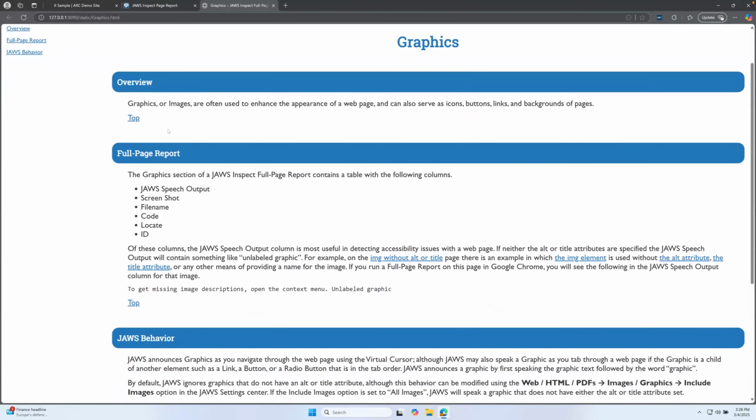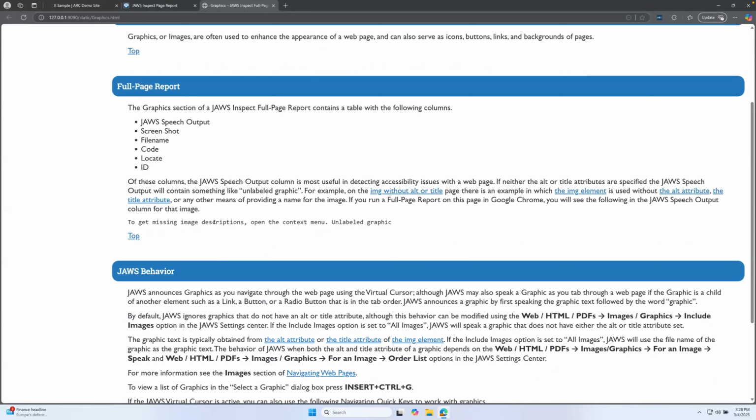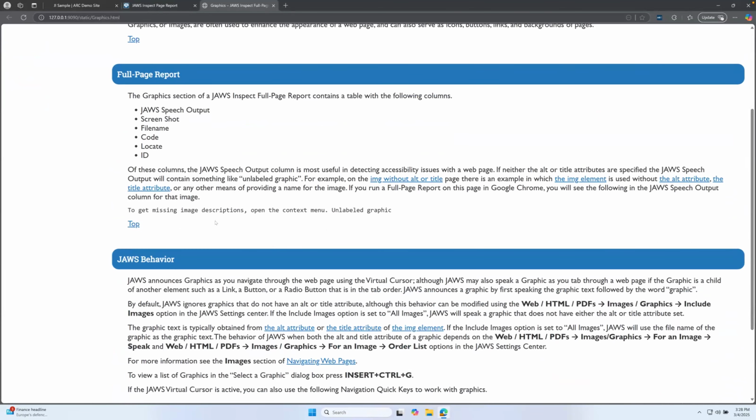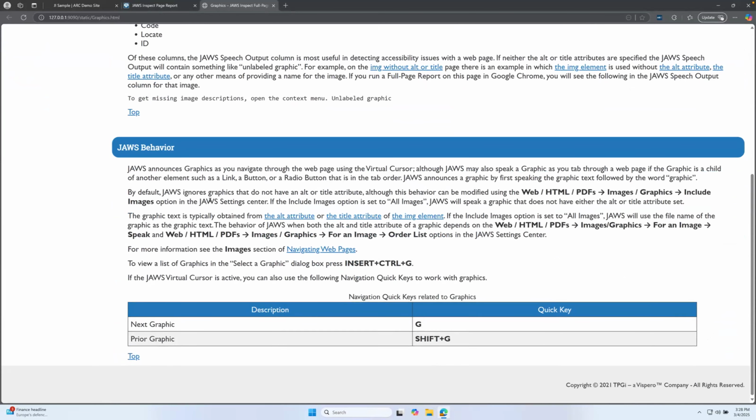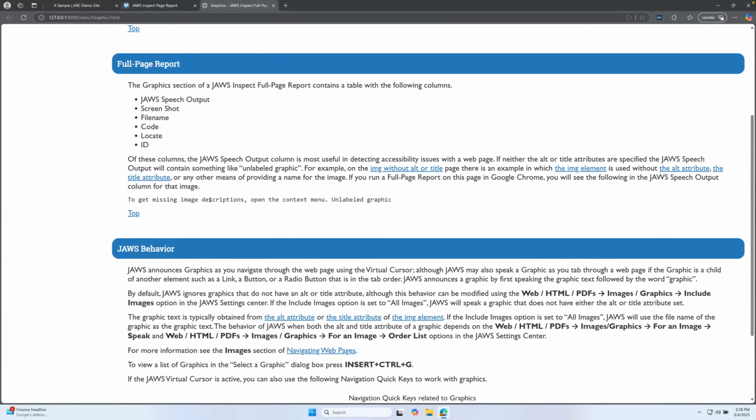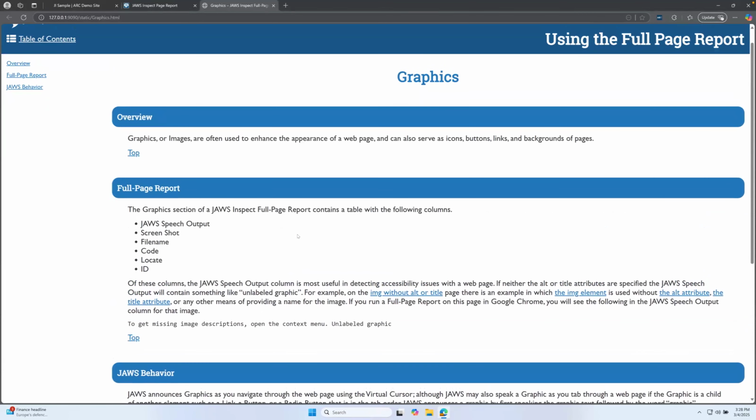And this is a guide to how JAWS interacts with graphics, the types of shortcut keys the user uses, the types of JAWS behavior, etc. So that you can start to understand what to expect, what's correct behavior on JAWS and what's not correct. In other words, there's a problem or an issue with the code on the page. Okay. So you start to build a familiarity with typical JAWS behavior, how you get the list of graphics, for